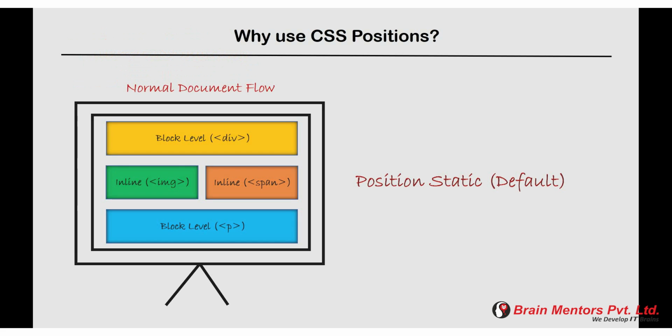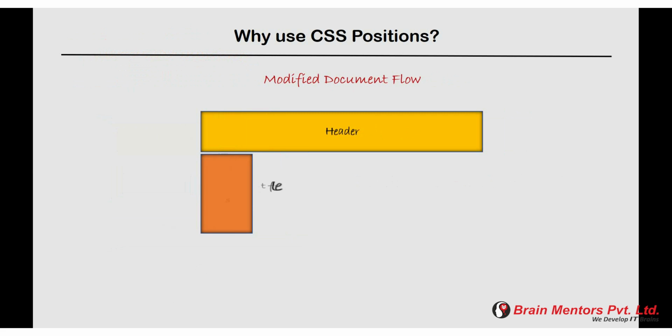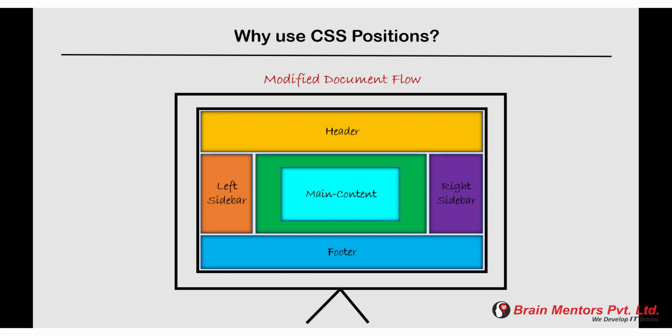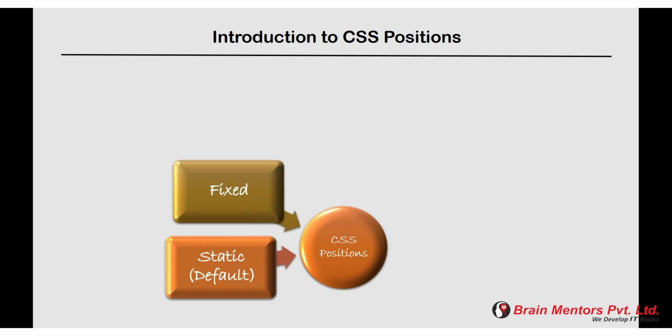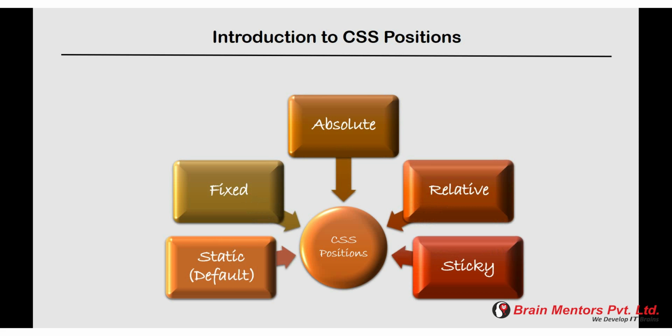Now the problem with position static is that if we want to do something like this or like that, that's not possible with position static, because position static simply means we position the elements in the normal document flow. So if we want to change it like this, we should forget about position static, because we need other values that we can use for our position property. The values are, first is fixed, second is absolute, third is relative, and fourth is sticky. That means we want to change or modify the normal or original flow of the document.